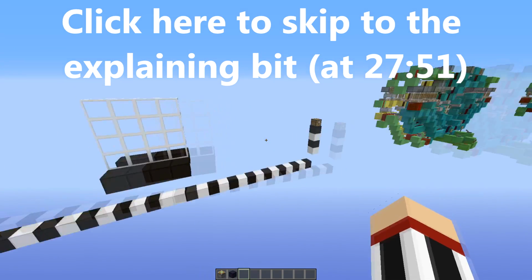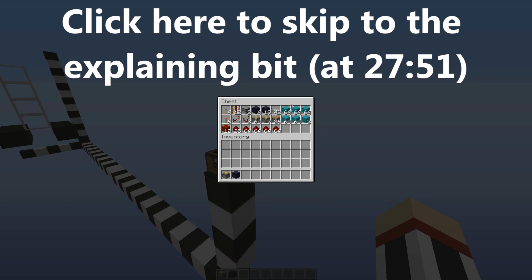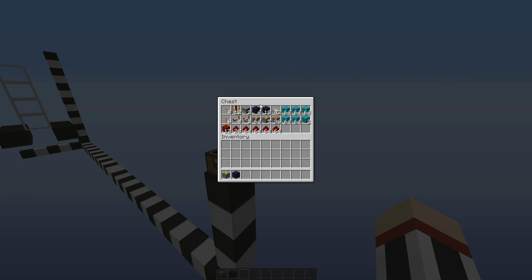Alright, so I have gathered all the resources that you need to build this door. They're all in this chest. Now I do have to note that you need at least 4 obsidian for it to work. However, I do suggest using 18 just to be safe on the side that can break if you spam the door. And this can also be replaced with furnaces, and that would then be on top of the 2 furnaces you need here,